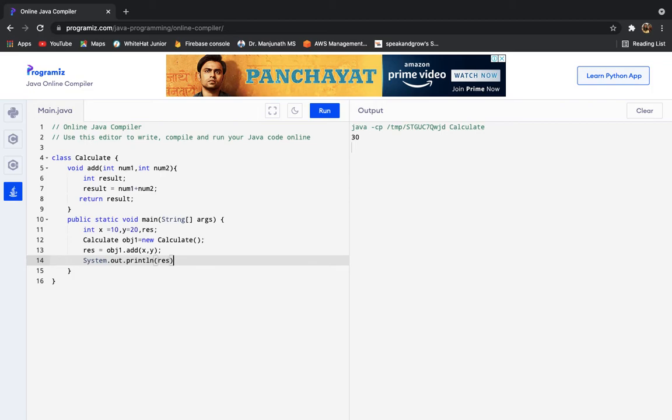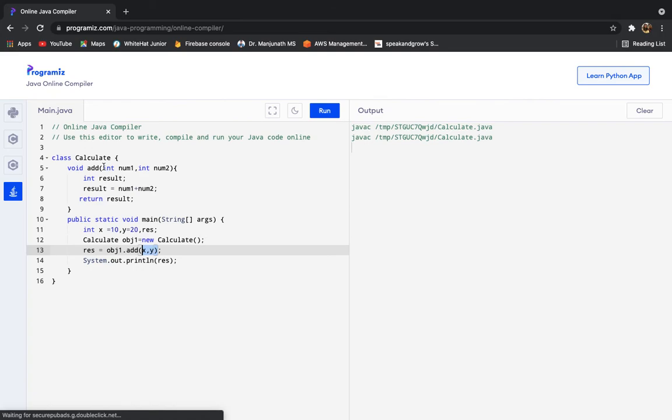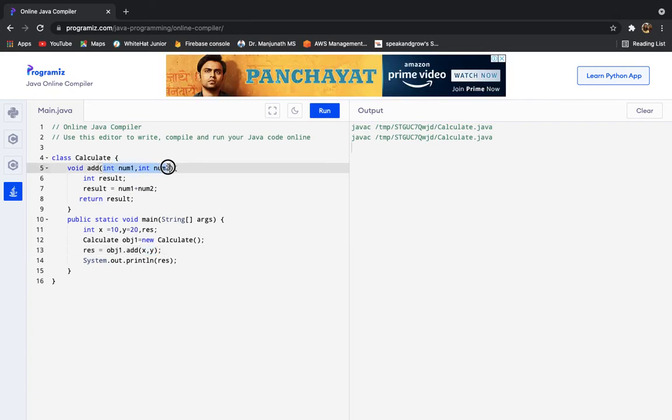Res, because my add has passed this. If we run it, you will see an error. Why error? Because like at the start we had to pass x and y, we have declared the local variables here. The same way here also you will have to